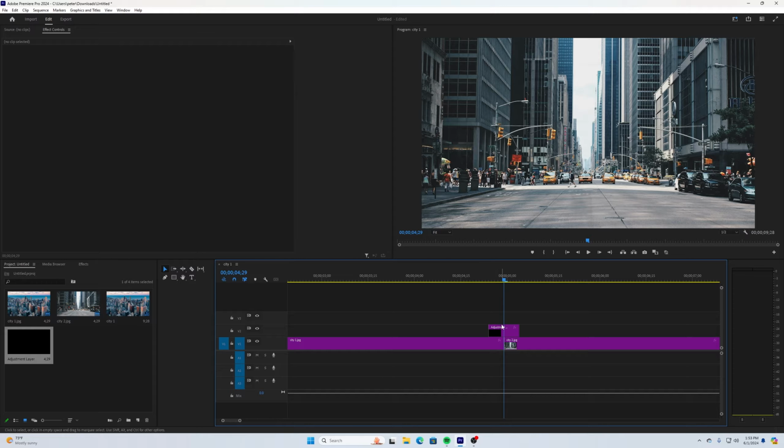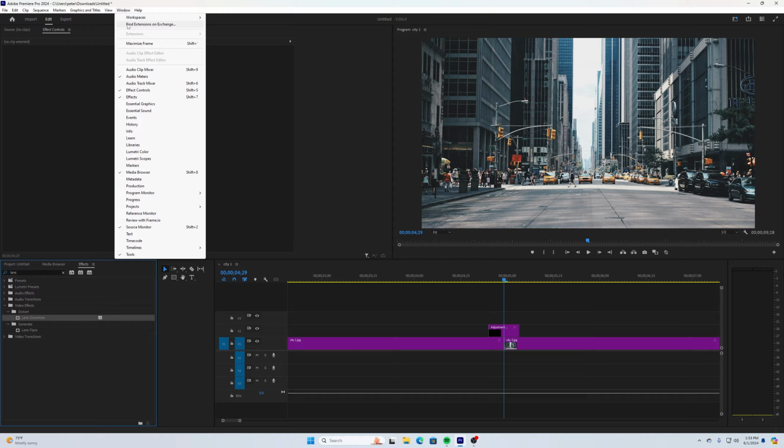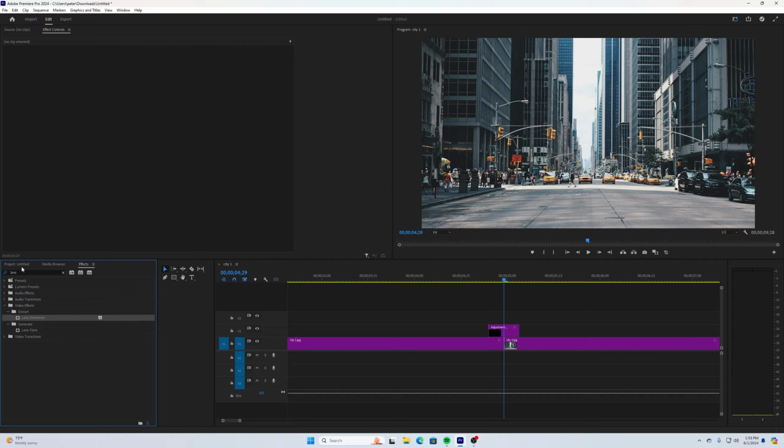Okay, now the effect I want to place in this is, if I go here to my effects panel, and if it's not showing up in your workspace, you can get it back just by going up here to window and finding effects, and it'll bring it up for you. And then in here for the effects, I'm going to type in lens and search for it, and it'll show me lens distortion. That's the one I want. So if I click and drag that onto my adjustment layer,